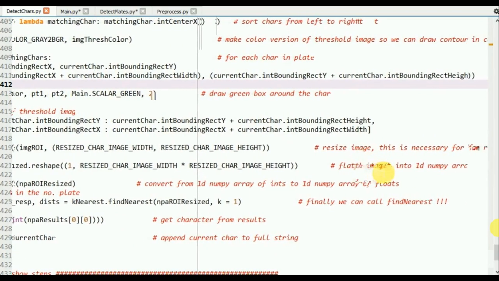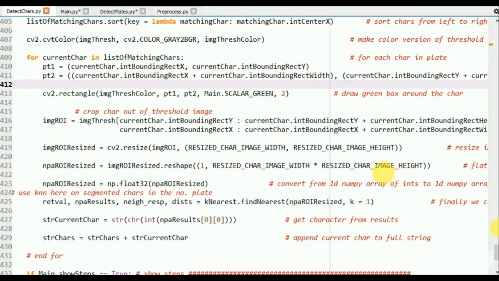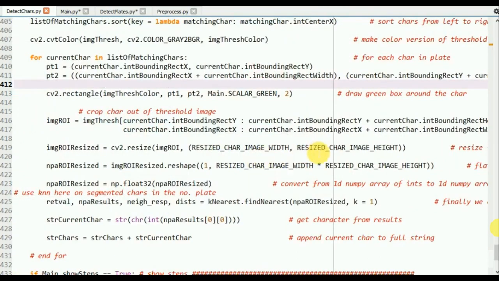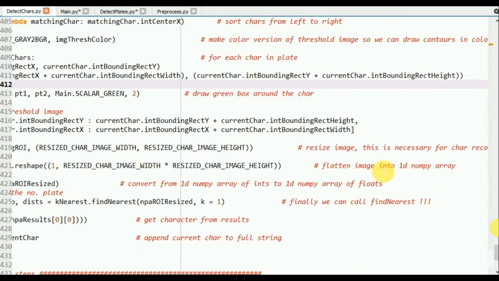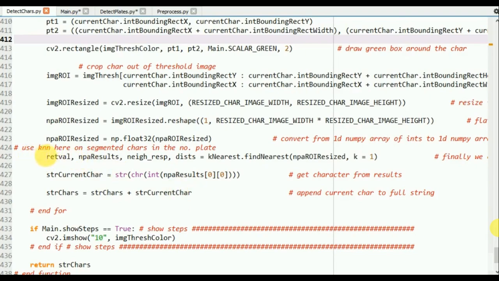After that, we will flatten that 2D image into a 1D numpy array. After that, we will use KNN on the segmented characters in the number plate.